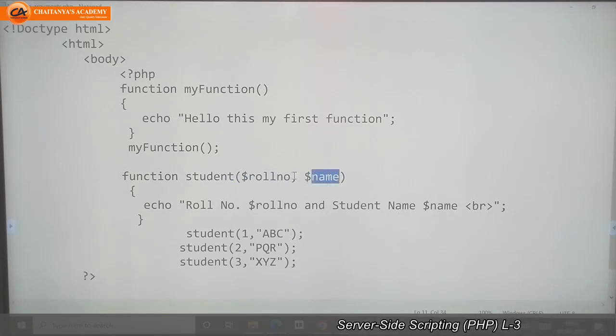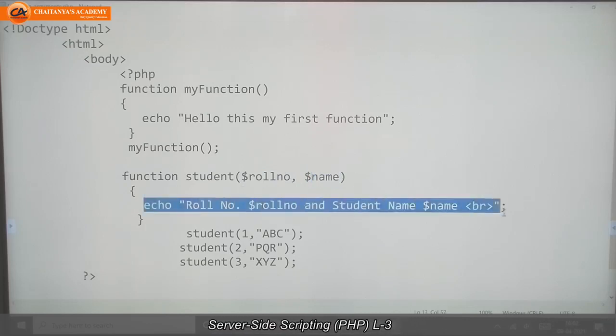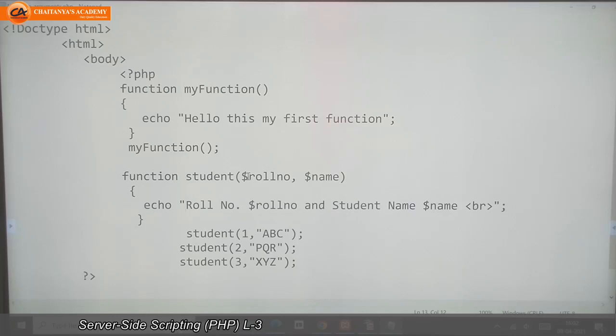So these are my arguments, and inside the function, in the code I want to execute, whatever values I pass, I am going to print those values here: the roll number and the student name. Here I didn't assign any value to these variables.